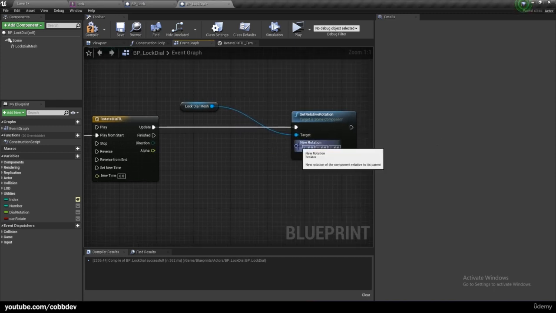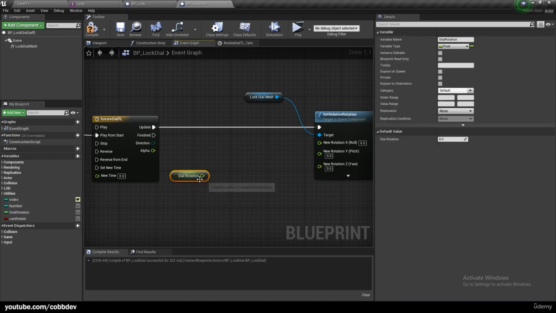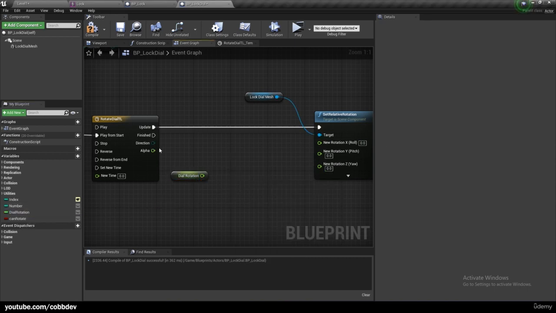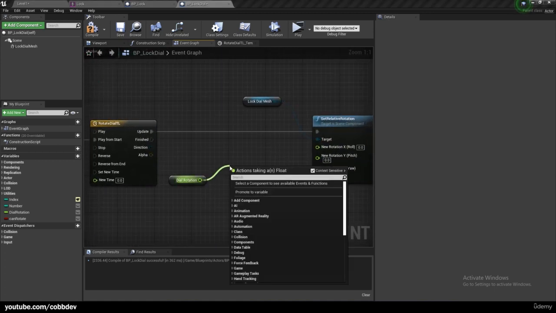We only need the X, so we can split this. And we just want to take the rotation we have and add 36 to it. So we'll grab our dial rotation, which keeps track of the rotation, or which will keep track of the rotation our mesh is at. We haven't set that yet, but we will. And we just want to add